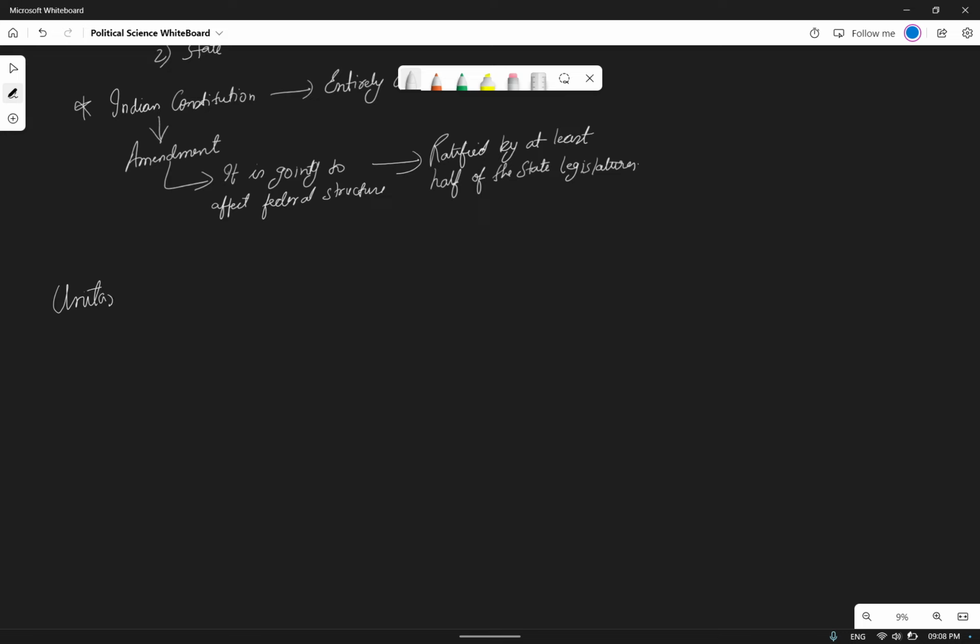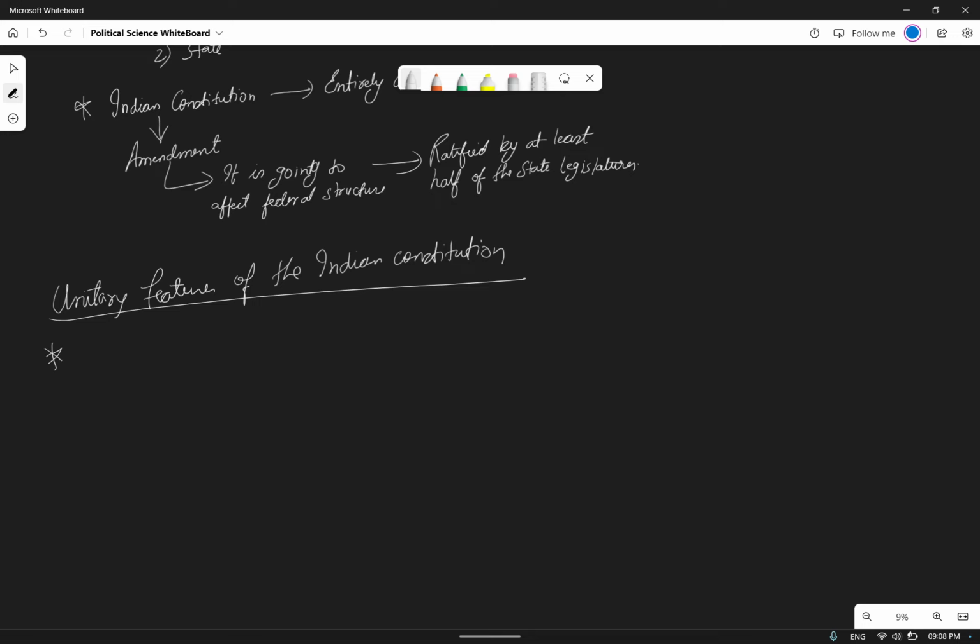Now, the unitary features of the Indian Constitution. What are the unitary features? Okay, first,